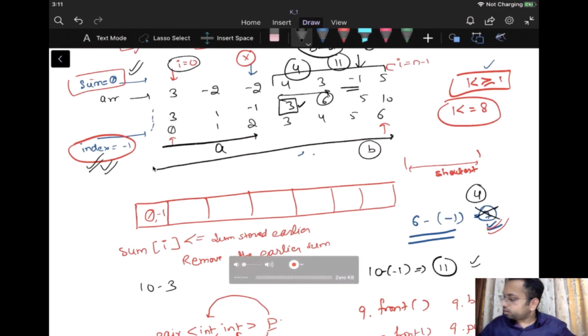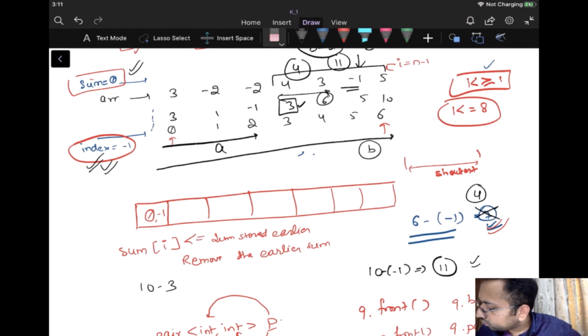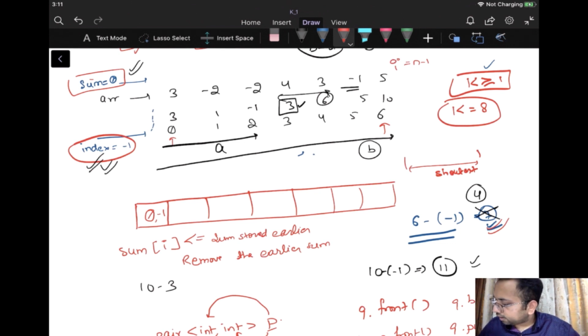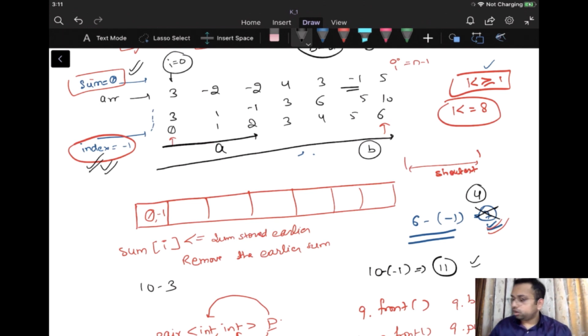See, let's look again that we are on this particular index, and this is 3, 6. All right. So we are on this ith index, which is equal to 0. Now what are we going to do? We are going to check whether the sum that we currently have is greater than the previous sum or not. How can I get the previous sum that we just inserted before we insert this particular element? I can get that using q dot back, right? So q dot back is going to give me this pair of 0, -1.